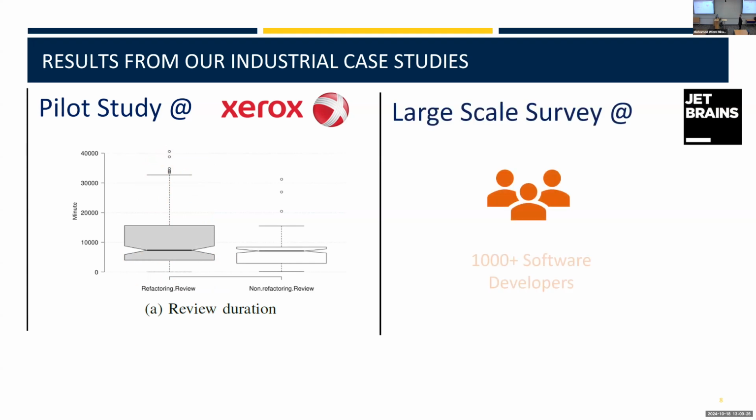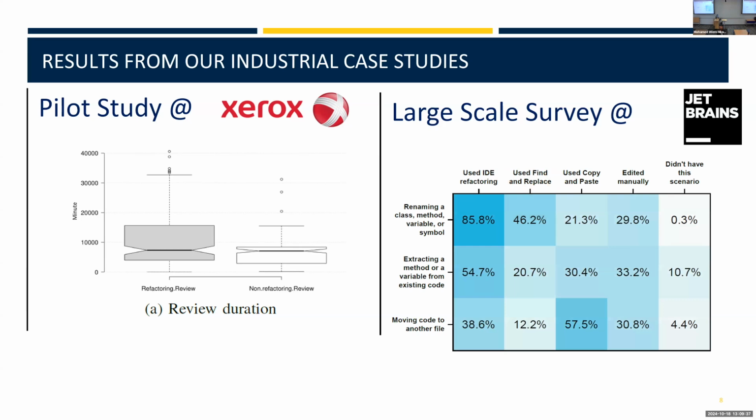Also, when we performed a survey with over 1,000 developers with JetBrains Research, we discovered that developers are still shy to do refactoring. They just do it in small pieces, right? Behind the scenes, in a manual fashion. Okay, so now you understand why our systems are so prone to errors right now, because refactoring is still at a very premature stage.